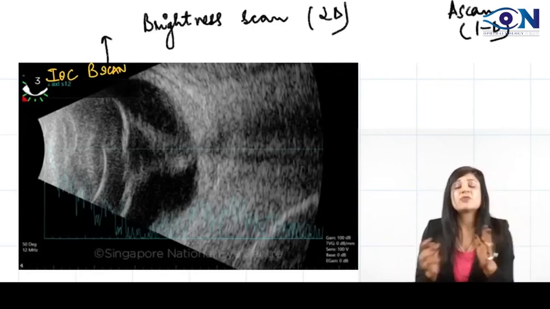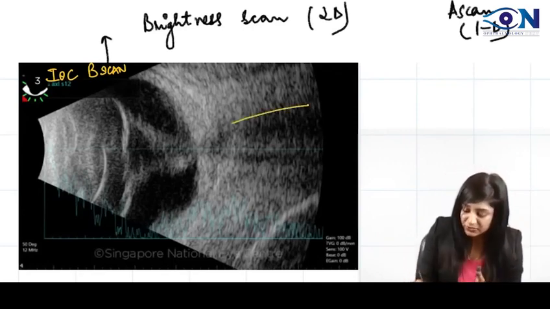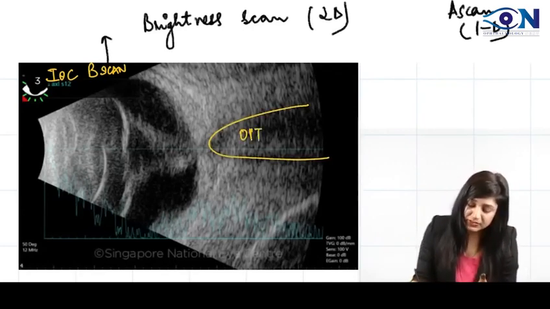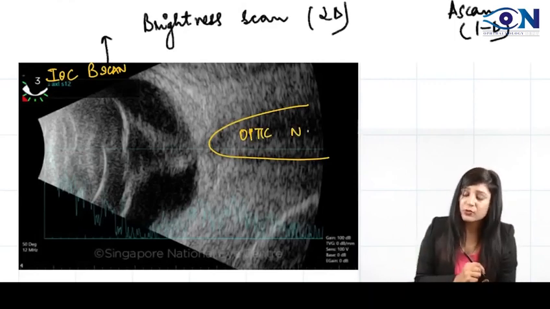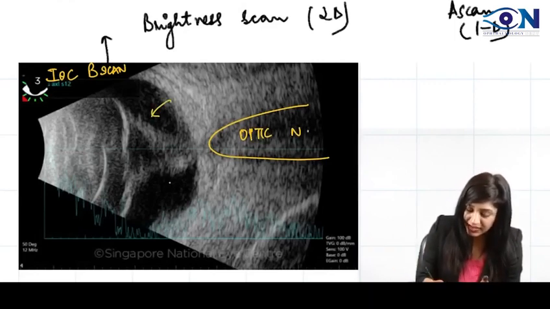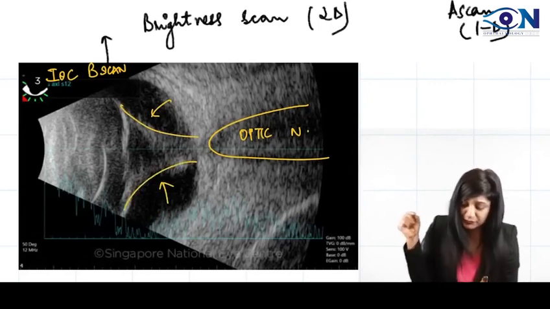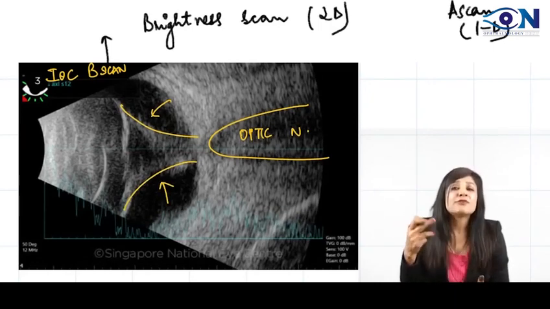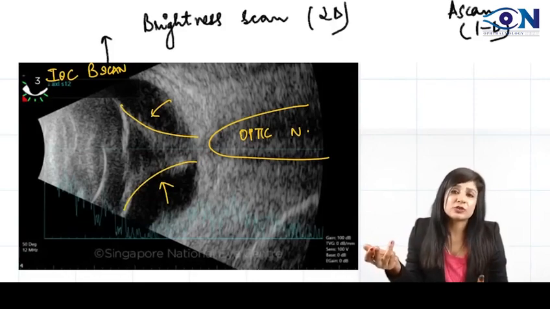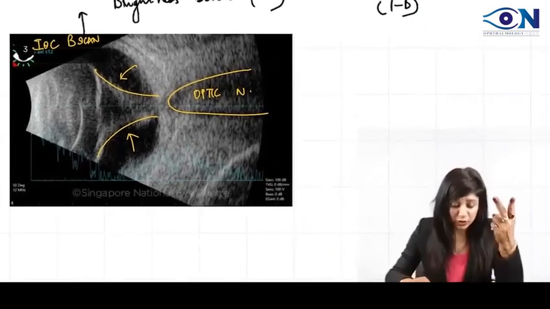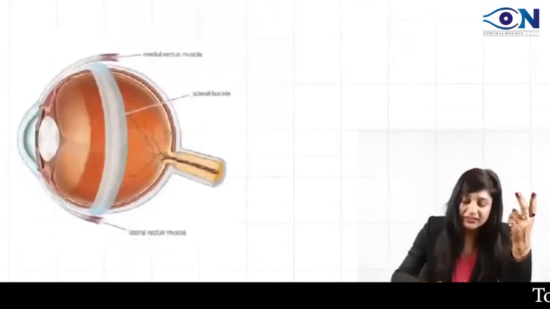You can see this whenever you see the B scan. This one is the optic nerve shadow. This is the optic nerve shadow you are going to get, and this is the detachment of the retina, and this is a funnel that is formed. So you are going to get a funnel shaped RD in cases of rhegmatogenous retinal detachment. The investigation of choice is B scan ultrasound, and see the treatment.